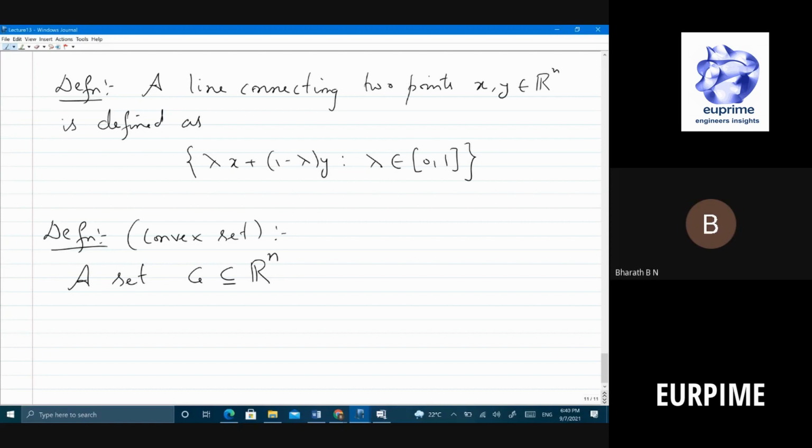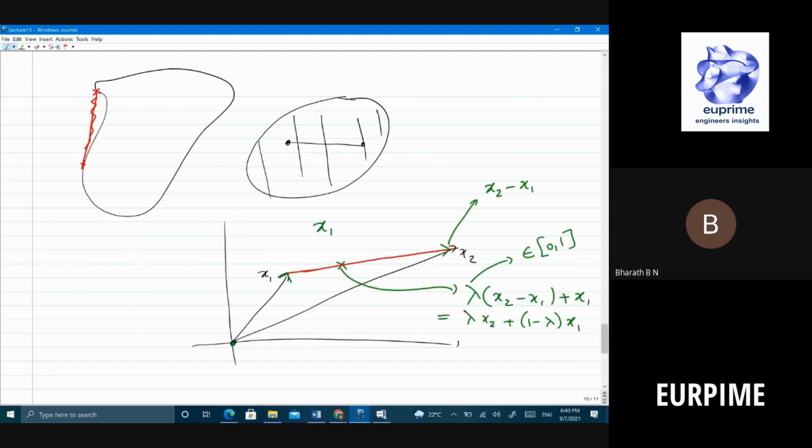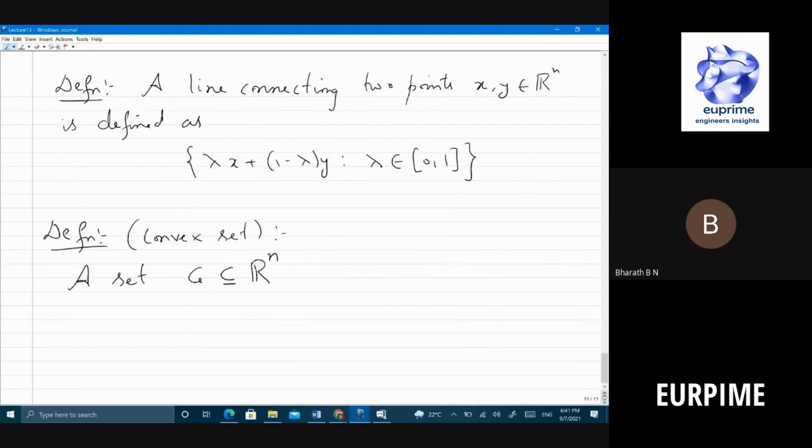Whatever I have shown previously, for example, this is not a convex set, and this is a convex set. I've written it on a plane, so it's a subset of R2, right? And in general, I can take a subset of Rn, right? It is said to be a convex set if you take any 2 points, if for every x, y belonging to set